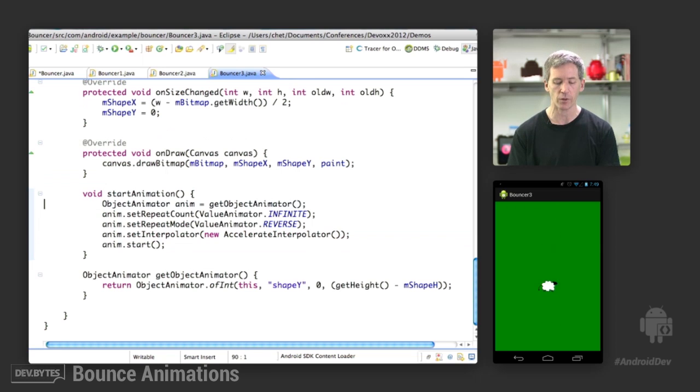This gets into use of the new ObjectAnimator class that also came out in 3.0. And this is a class that's specifically not just about animating values, but about animating the values on a target object and a set of target properties. In particular, we're going to have an ObjectAnimator, which is created right here, that's going to animate integer values. It's going to use this target, which is the custom view, and we're going to animate the shapeY property,